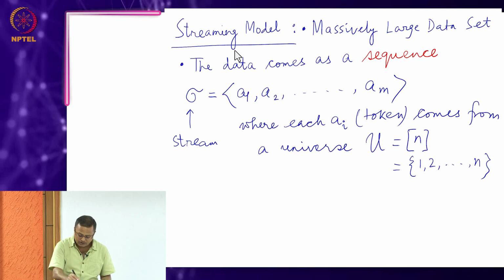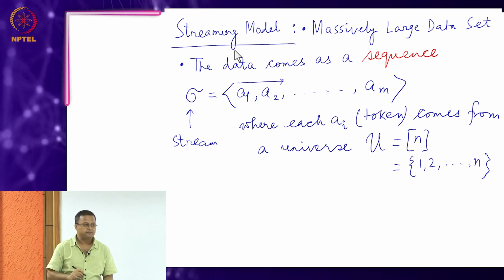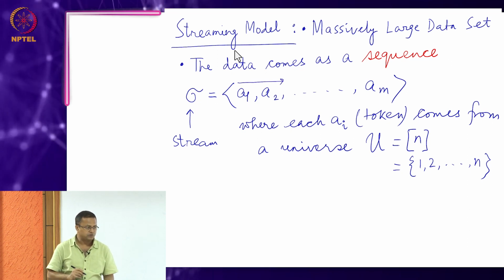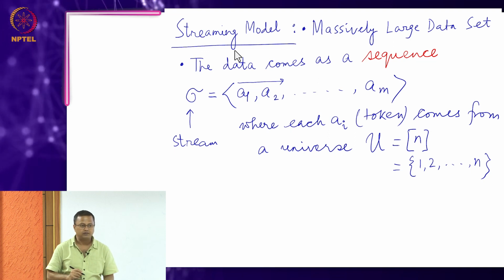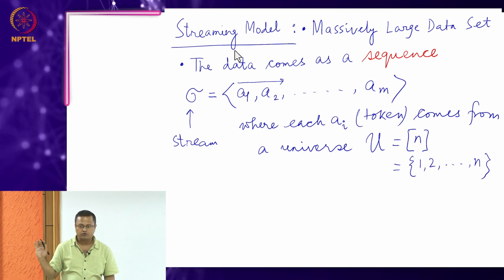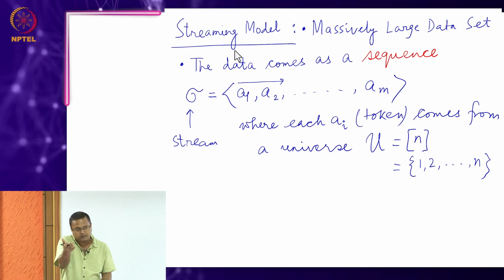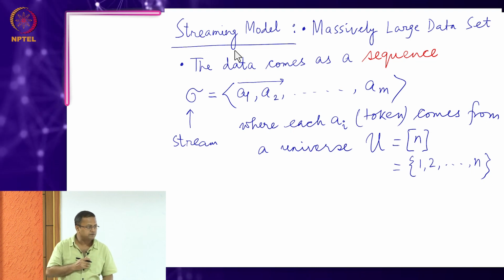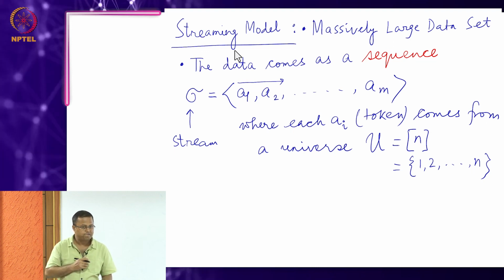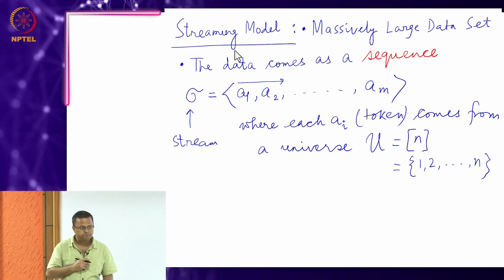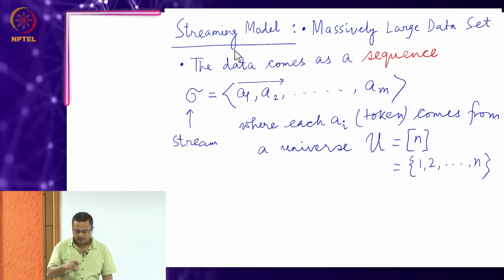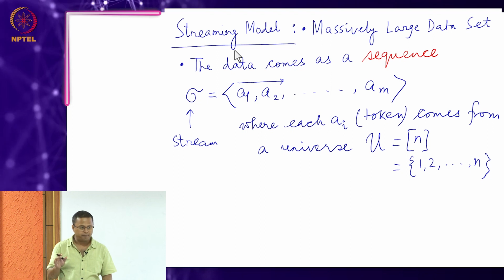That you can only see the data in this direction. First you see A1, then A2, then A3, so on and so forth, AN. That is how your router behaves. Fine. So, the length of the stream is M,